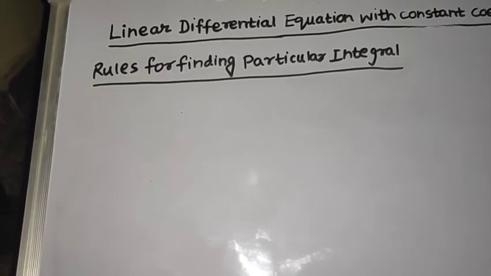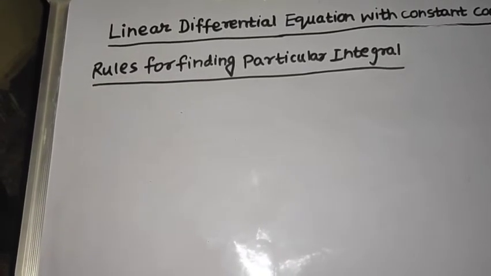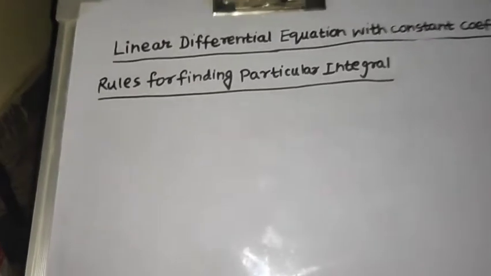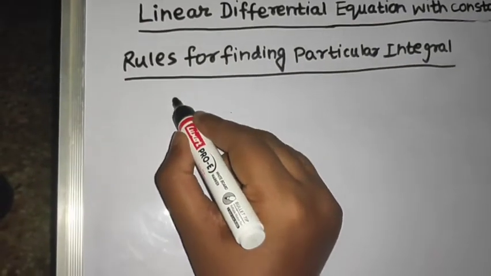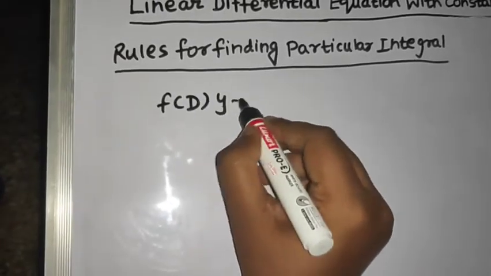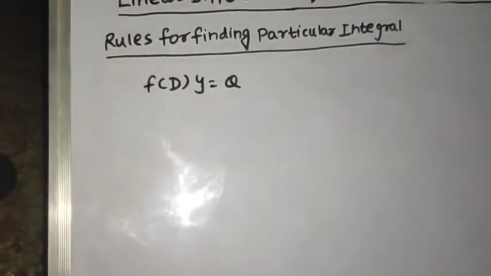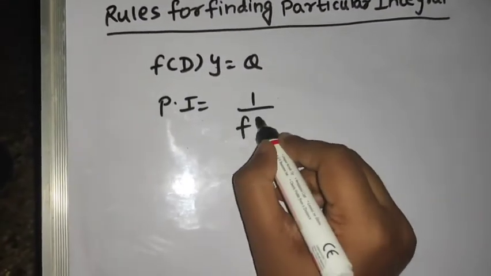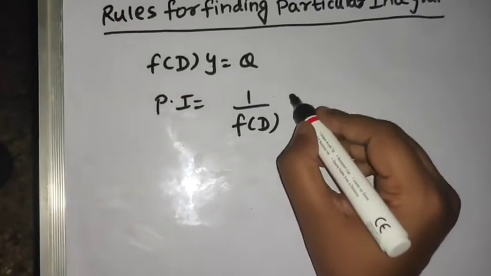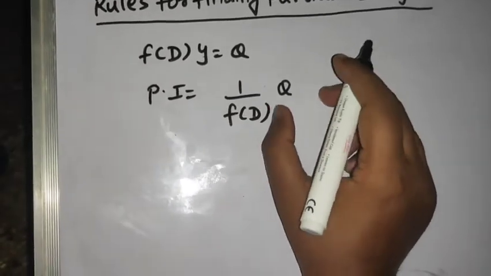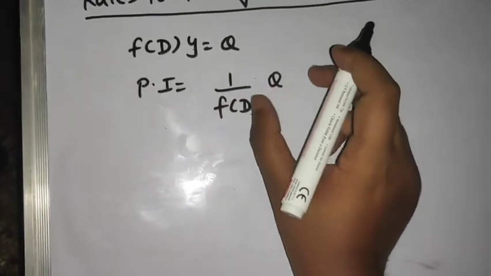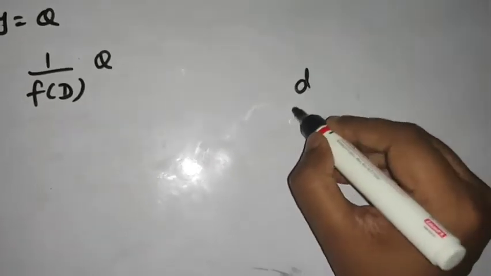You already understand that the particular integral is evaluated from the RHS, and the RHS was 0 till now. Now if the RHS is some function of x, then our equation will look something like this: f(D)y = q, where q is some function of x. Now the particular integral, the basic idea is this operator 1 upon f of D operating on q. This is not multiplication, you are operating on q, so q is inside,